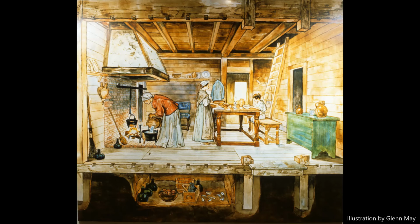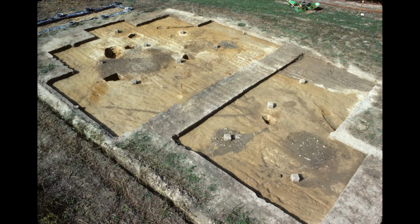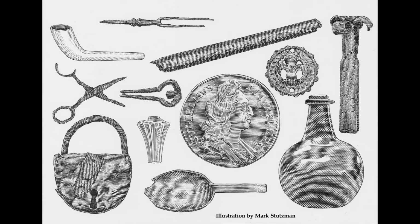An unusual feature of the main house was the presence of 11 small cellars below its wooden floor. In front of the hearth was a possible root cellar for keeping foodstuffs like grain and sweet potatoes warm and dry. The remaining cellars appear to represent successive generations of general storage pits, which were replaced when walls collapsed. After the pits were abandoned, they became a convenient spot to dump household garbage, an action much appreciated by archaeologists